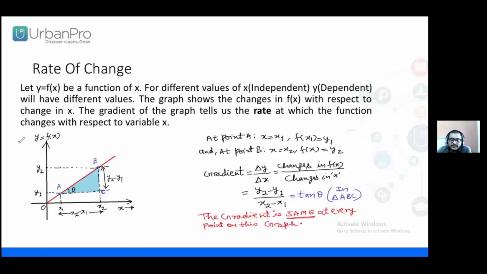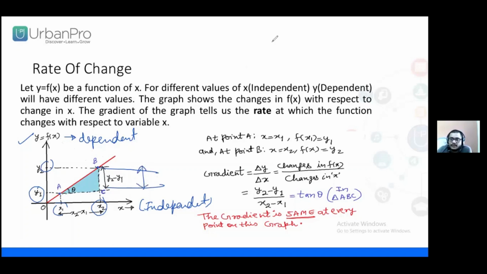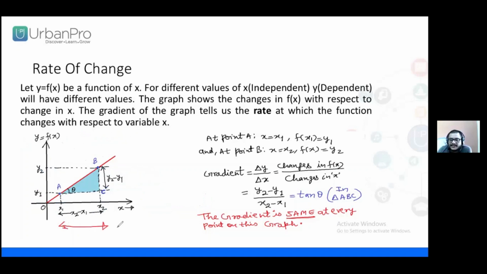So you can say here a function y equal to f(x), and the independent variable is x. Here x is the independent variable, and function f(x) is the dependent. It depends on x. So here a straight line is shown. If x is changing, then f(x) is changing. So we will have to choose two different points. So here we can see that at x1 we are getting the value y1, and at x2 we are getting the value y2. So there is a change in the function values, y2 minus y1, and the change in the independent variable is x2 minus x1.